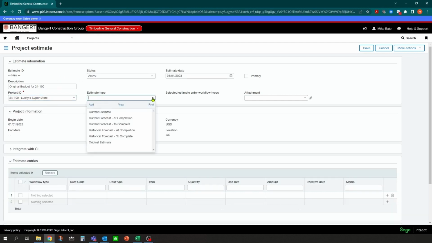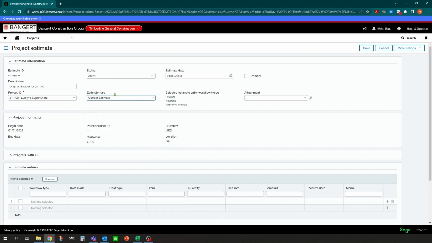In the system here, we have the ability to have multiple estimate types. So you can have different types of estimates depending on what you want to track. If you want to do some as-of scenarios, the system will store one budget as the primary budget. So in this case, ours would be the original, or we'll use the current estimate type. And you can define what types of workflows update the totals of this budget.